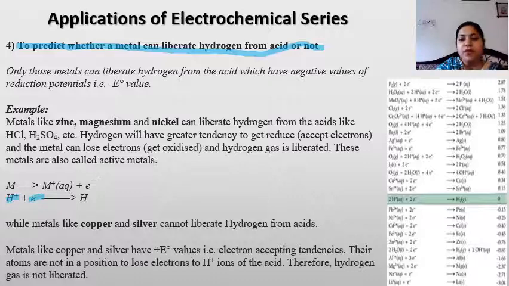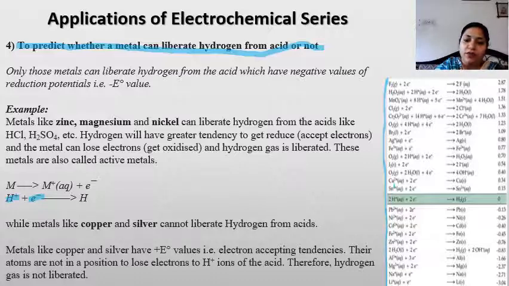From the electrochemical series, you can see that some elements are above hydrogen and some elements are below hydrogen. And we know that the elements which are above have the ability to get reduced. So all the elements which are present below the hydrogen have the ability to reduce the hydrogen. Whereas the elements which have positive values themselves have a tendency to get reduced as compared to the hydrogen.